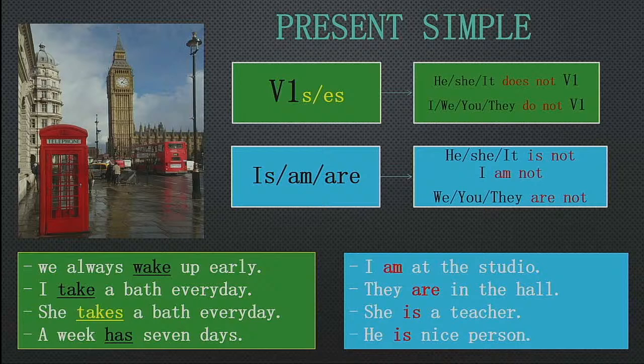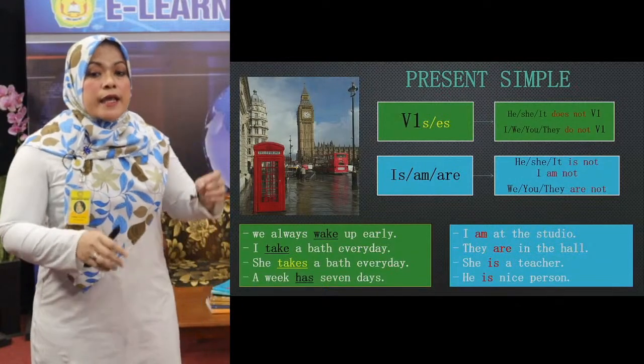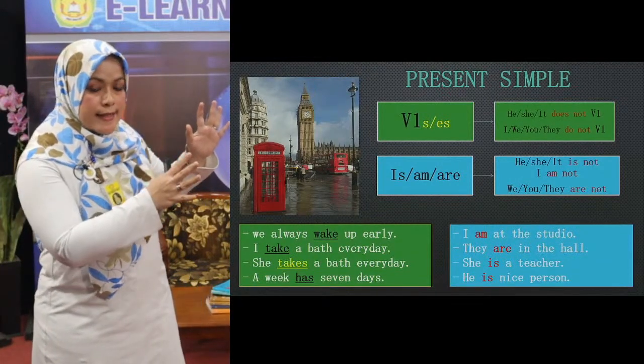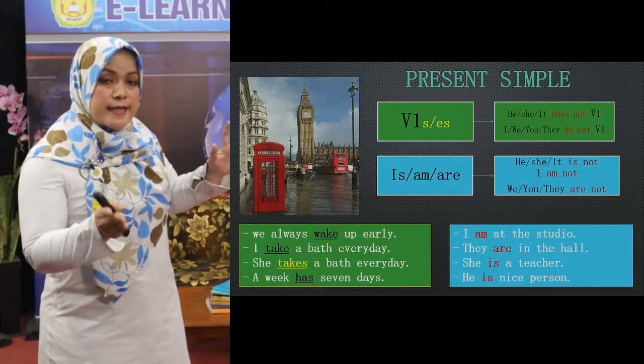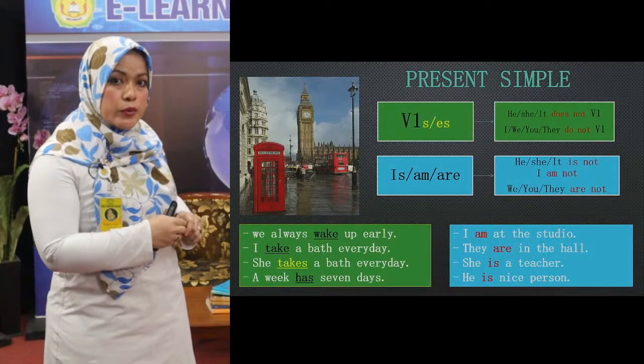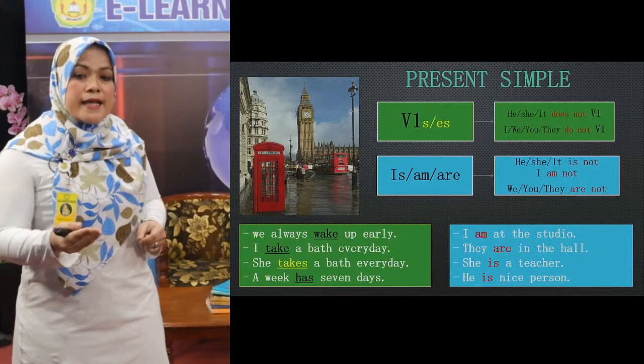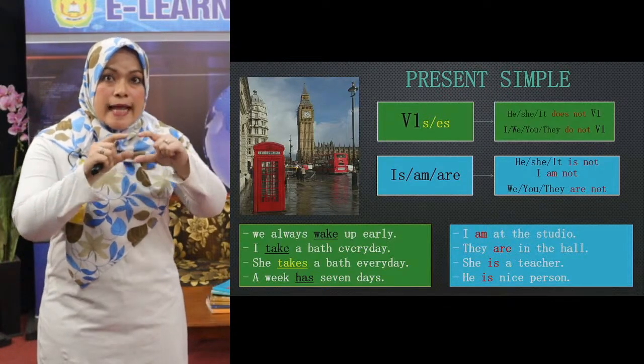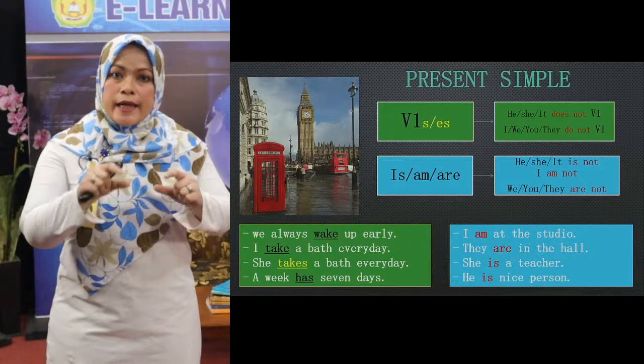Even in the first statement, ada tambahan verb 1, s dan es. We don't have to take it into the negative or question sentence, because when you find does not and do not, you just need verb 1 without adding something else. And then again, if you find here in the blue one, you just see is, am, are, right? Is, am, are is the verb too, as the verb 1 too. Why? Because when in a sentence we don't find any verb or predicate,